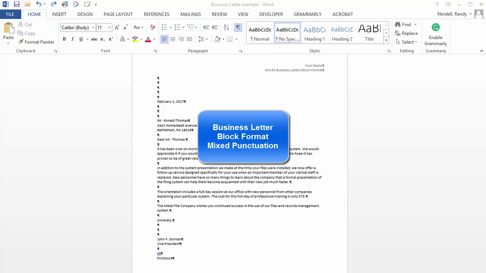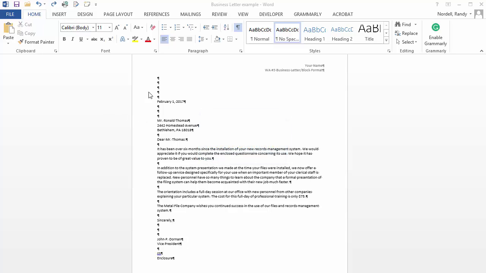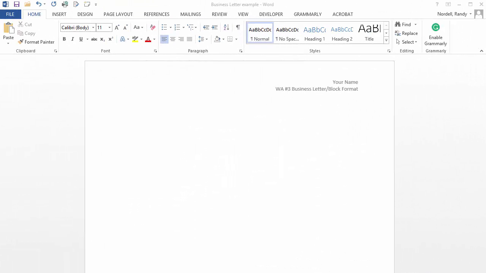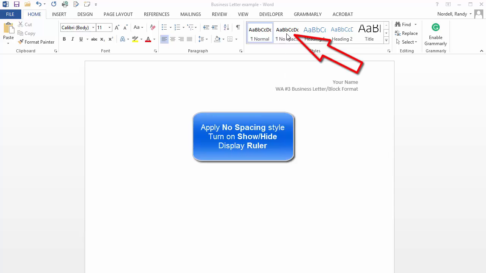This is an example of how to type a business letter in block format with mixed punctuation, and your final document will look just like this one. The first thing you do when creating a business letter or any business document is to turn on the no